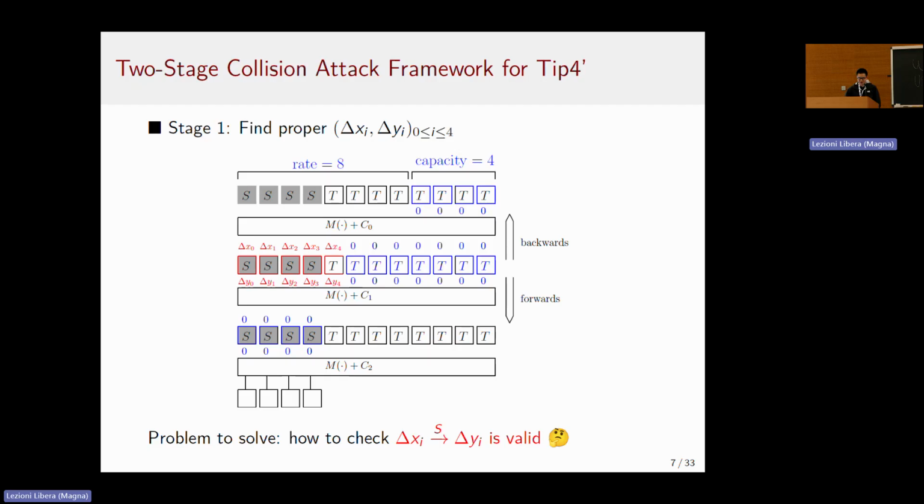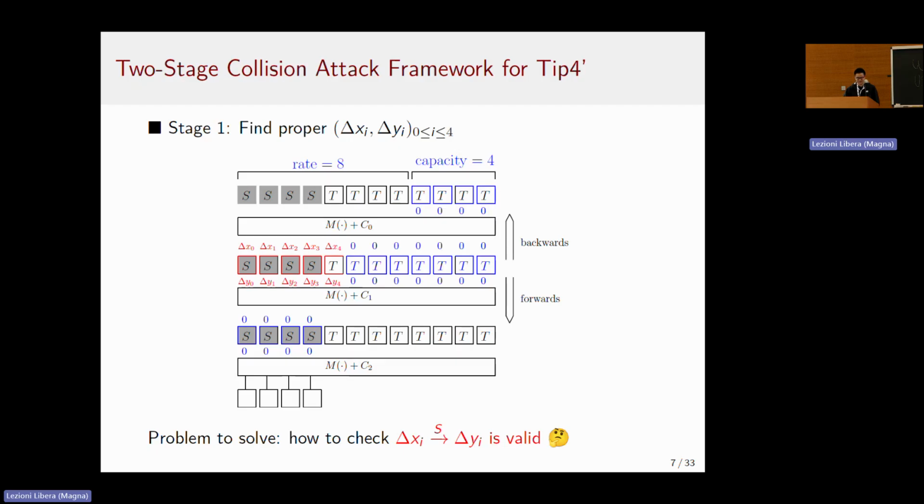I will describe how a main technical contribution of this work is to solve this problem: how to know that x, y is a valid difference translation, but I will describe it later. Let us assume we have this algorithm, and we also have the algorithm to find the right input pairs if it is a valid difference translation. So then it should be clear that the complexity of this stage is directly related to the probability that a